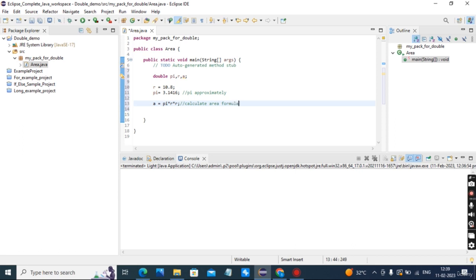What is the difference between float and double? Float is for single precision value and double is for double precision approximate value. For that we are using double over here. Now we will print the output of the area. Area of circle is calculated at